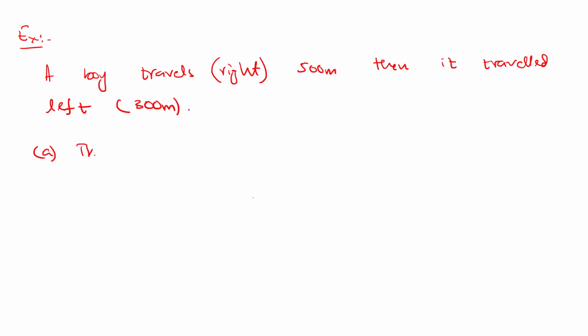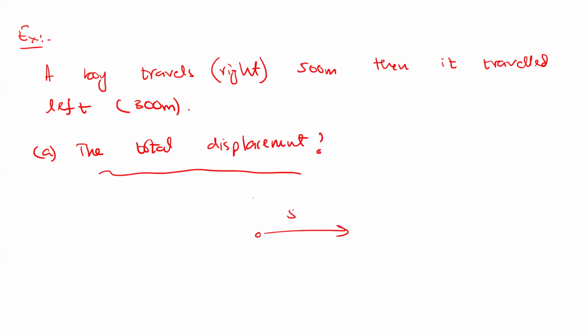What would be the total displacement of the boy? You can work out 500 meters to the right, coming back 300 meters to the left, so the total displacement is 500 minus 300, which would be